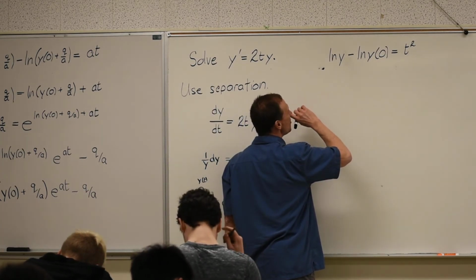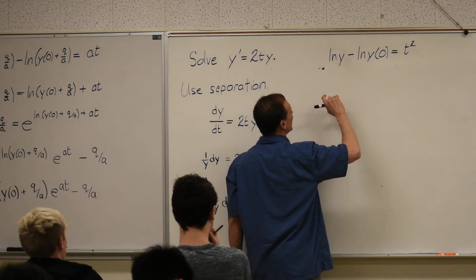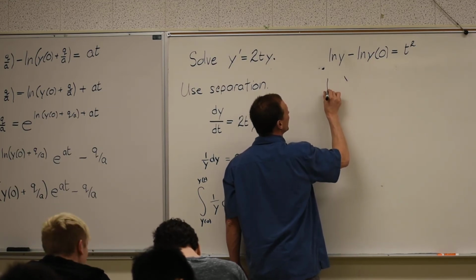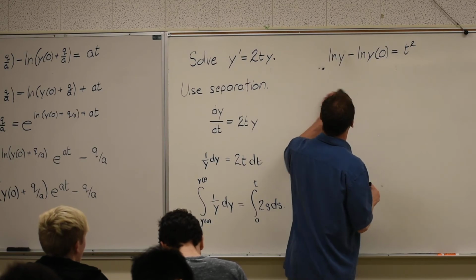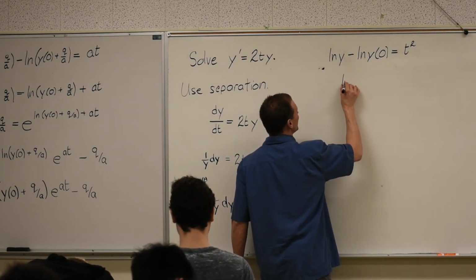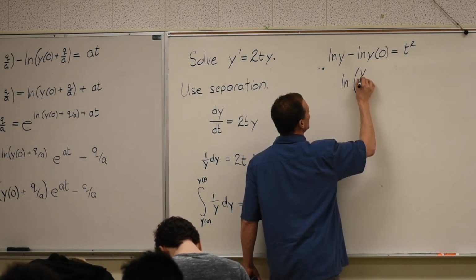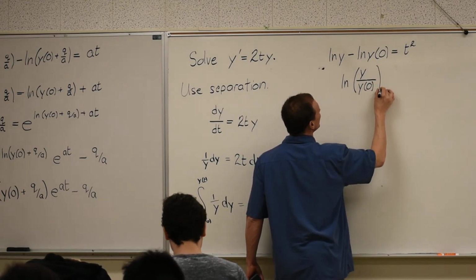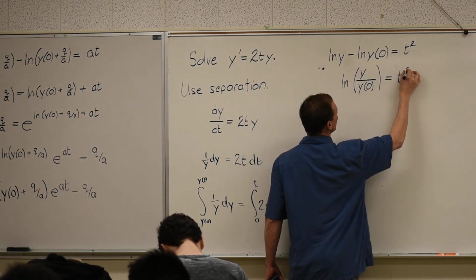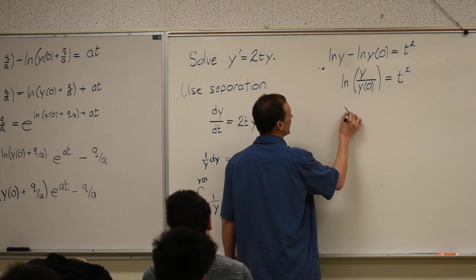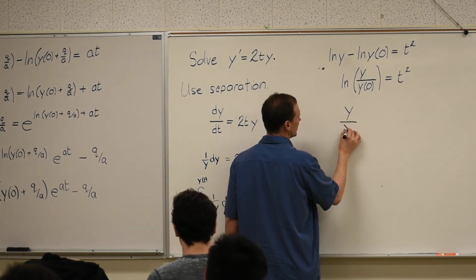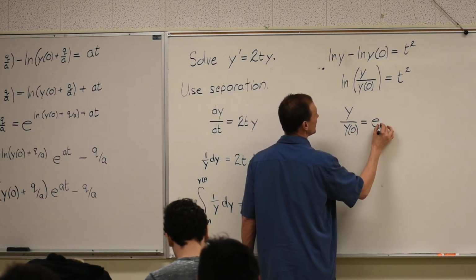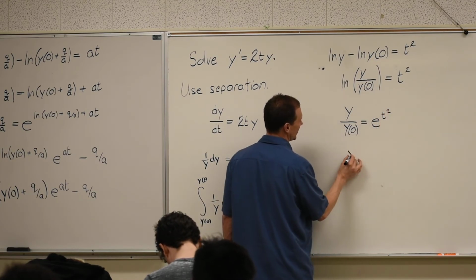Or, you know what? Let's try this again. Let's try our logarithm recognition identities here. This is just the natural log. I've never done it this route. So I would make sure you keep that eraser handy. This is y over y of 0. There's t squared. Raise both sides to the e, and so I have y over y of 0 is equal to e to the t squared. And there's our answer, y